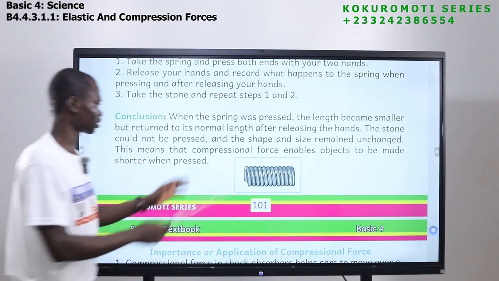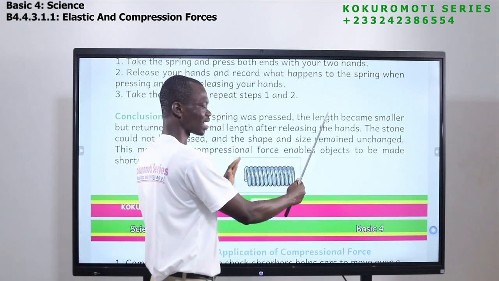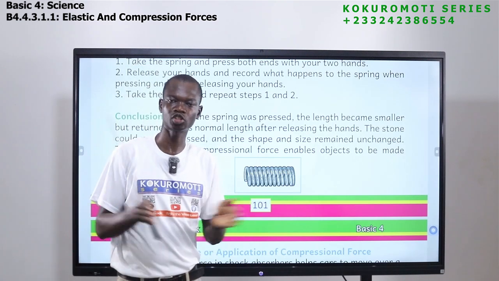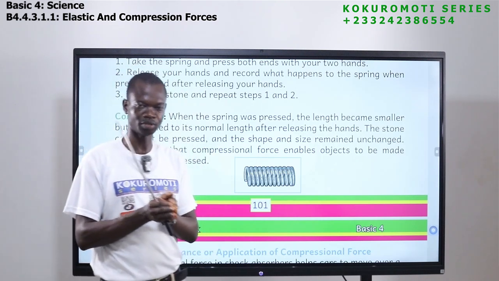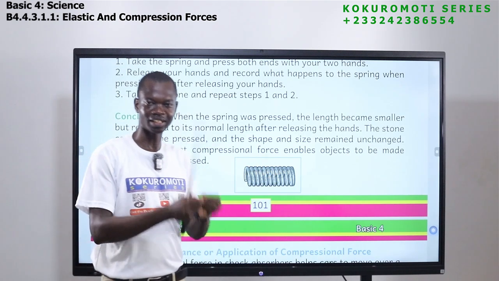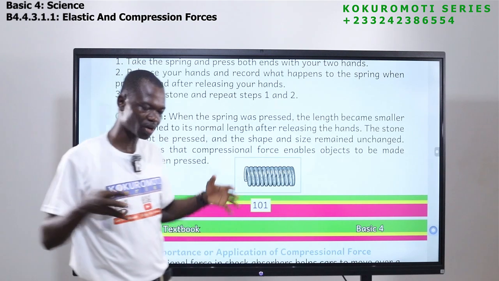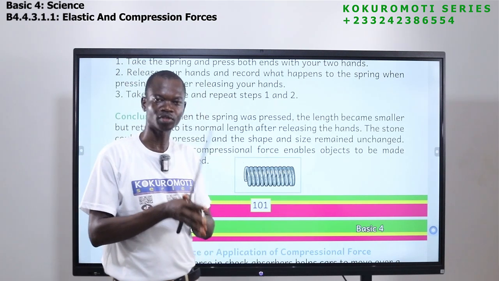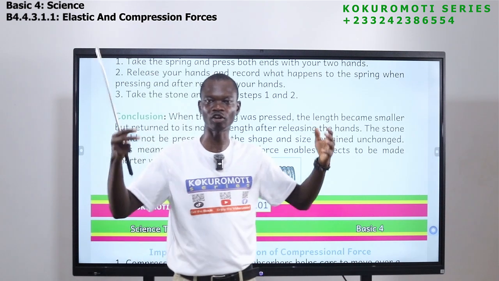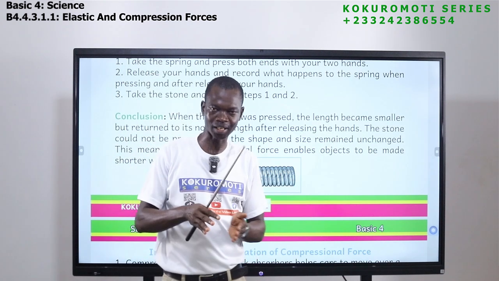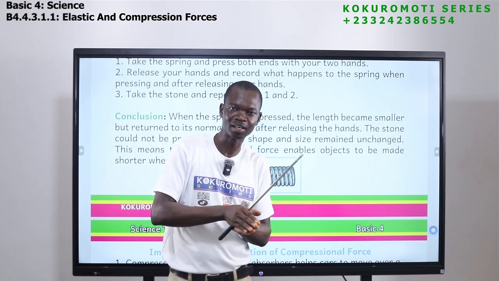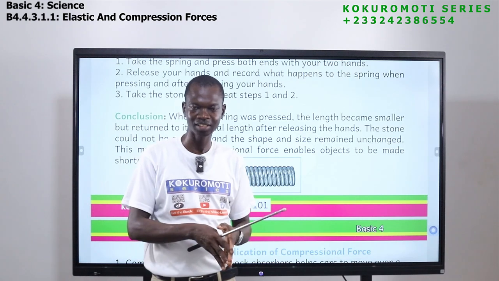Okay, so this is the spring. You hold both sides and you press it. You see that if you press it, the size will reduce. It will become smaller, shorter. So here, because of the force in it, that force that allows it to reduce is called compressional force. So anytime compressional force is seen, an object is pressed and made smaller. If you press something and it becomes smaller, it's because of the force in it that has caused it